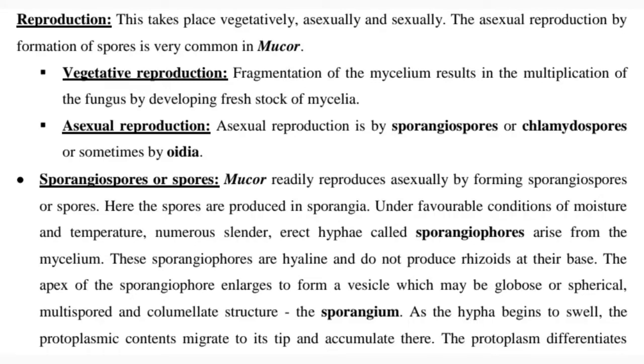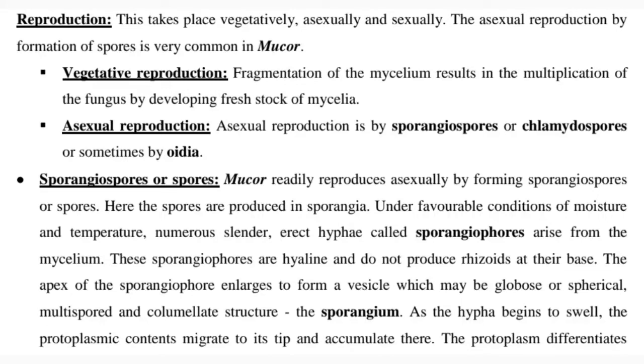Sporangiospores or spores. Mucor readily reproduces asexually by forming sporangiospores or spores. Here the spores are produced in sporangia. Under favorable conditions of moisture and temperature, numerous slender, erect hyphae called sporangiophores arise from the mycelium. These sporangiophores are hyaline and do not produce rhizoids at their base. The apex of the sporangiophore enlarges to form a vesicle which may be globose or spherical, multispored and columellate structure,